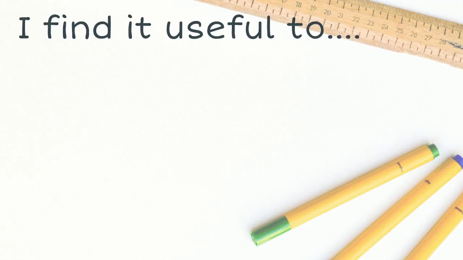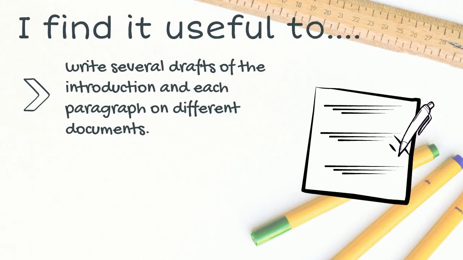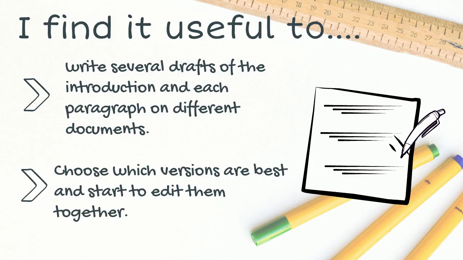I like to develop the structure separately, so I start writing the introduction in a different Word document, and I write as much as I think of. Obviously, I'm not going to write an introduction that's 2,000 words, but if I find maybe 2 or 3 ways of starting an article, I like to put all of them down. Then I go to the body, and every paragraph I write in a different Word document, and write as much as I find. Sometimes when I'm done, you realize that maybe one introduction and one thread, a paragraph and another paragraph, fit better than the second introduction.